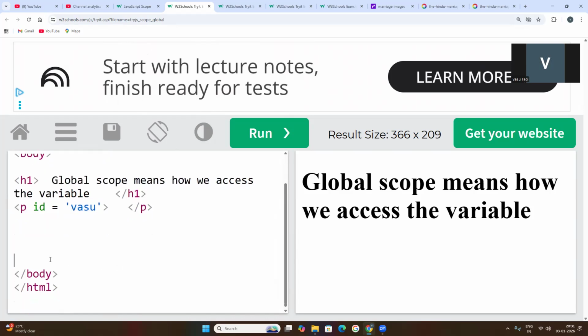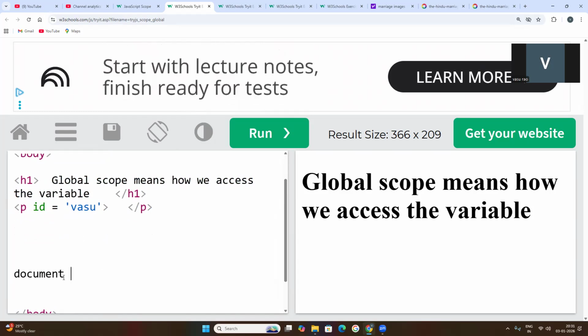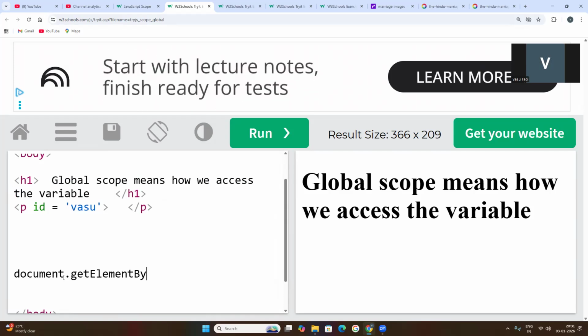So this ID attribute is passed with a value. This value will be used when, as I told you, the document, because every web page is a document, calls getElementById. This is a predefined method of JavaScript.